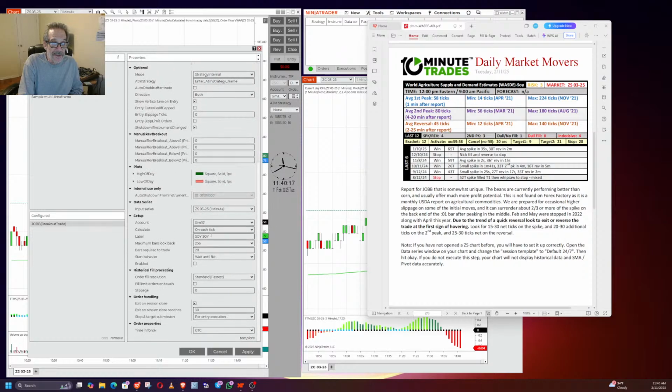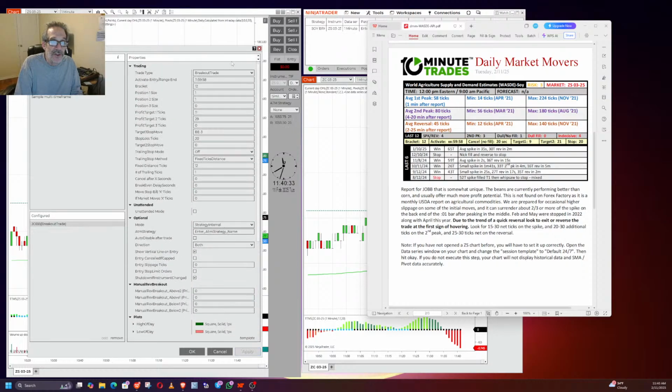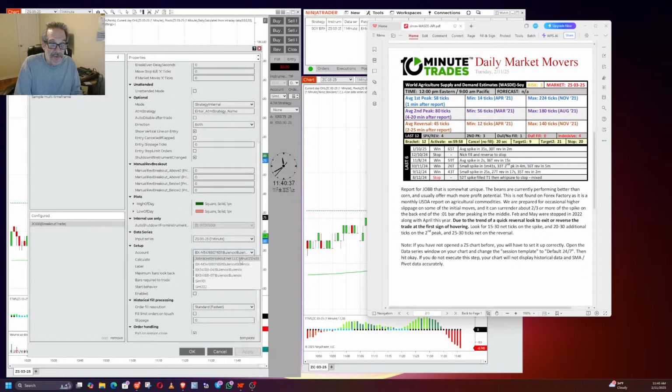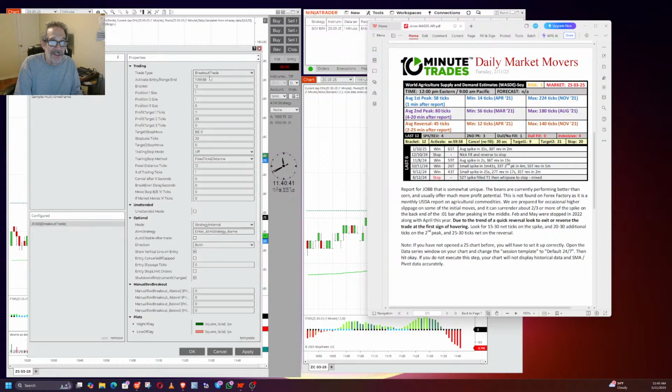Then don't forget to label your trade. I have soy, and I'll label it breakout, BRK. And then choose the account that you're trading it in, okay? Then apply it, and now I'm going to put the time on 0 just for a minute, but I want everything in sim before I get set. So my account is in sim. I'm going to put my time on 0 for a moment,